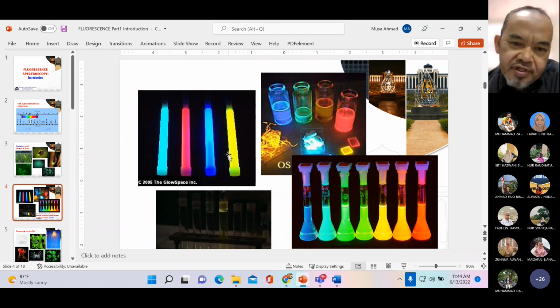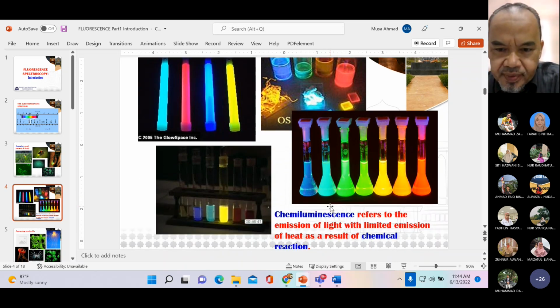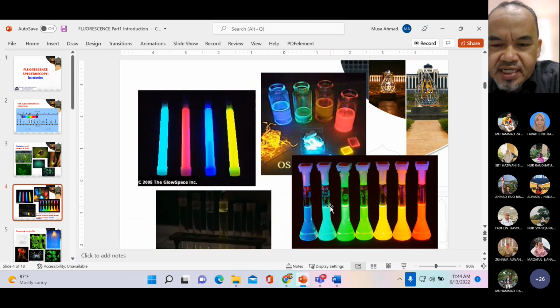So you can see from here, actually, the colors is very, very beautiful. And this, if you take this specimen and you run by using UV visible, by using fluorescence spectroscopy, okay, you will see very nice peak, okay, that been generated, okay, from this. Okay, so fluorescence actually, the term, one of the term, okay, that been used to explain this phenomena lah. Okay, but